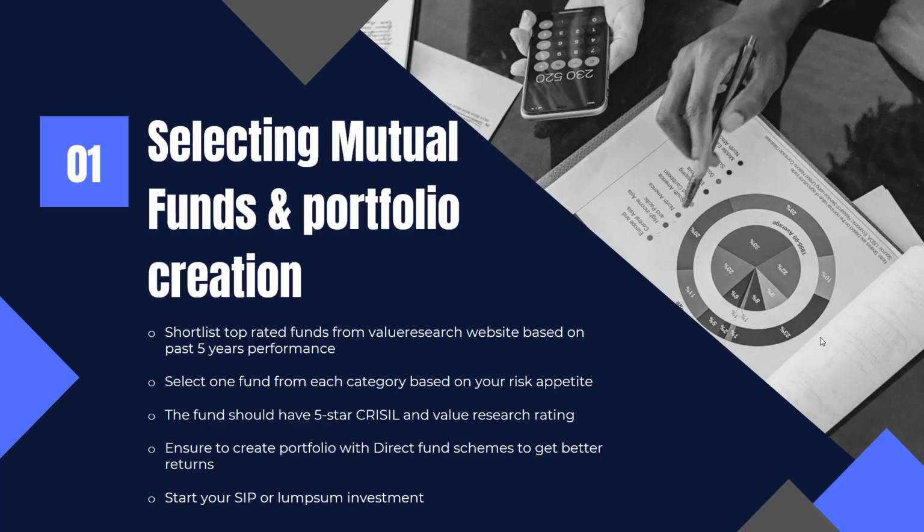A quick recap on selecting mutual funds and portfolio creation. First, you will go to Value Research website. You will select top rated fund, sort them by past 5 years performance, download the spreadsheet and have it for your future reference. You will select one fund from each category based on your risk appetite. At the end, you will be having 4 to 5 funds across different categories. The fund should have 5-star Crisil rating and 5-star value research rating as well. Ensure that your portfolio is created with direct fund schemes so that you get better return. Start your SIP or lump sum investment after you create the